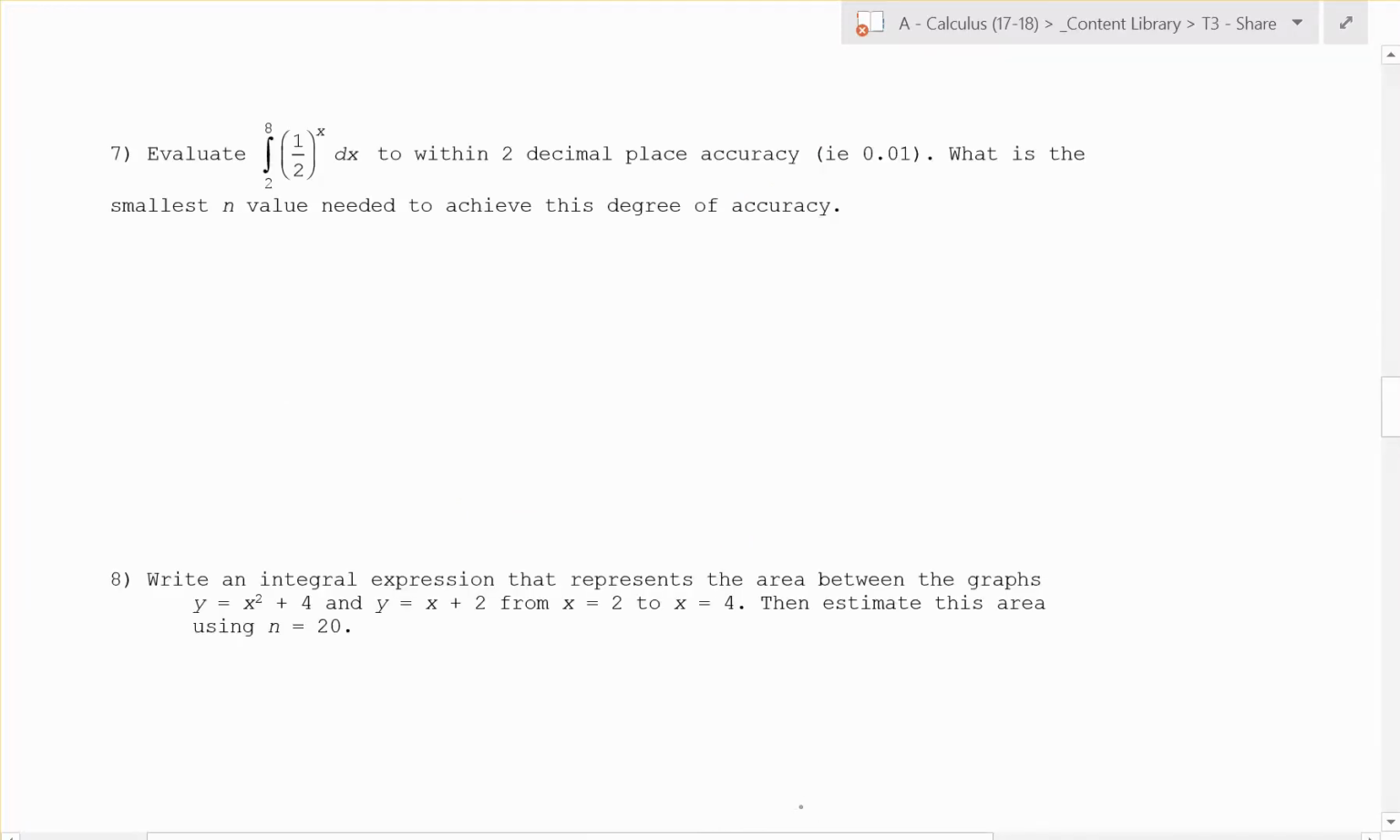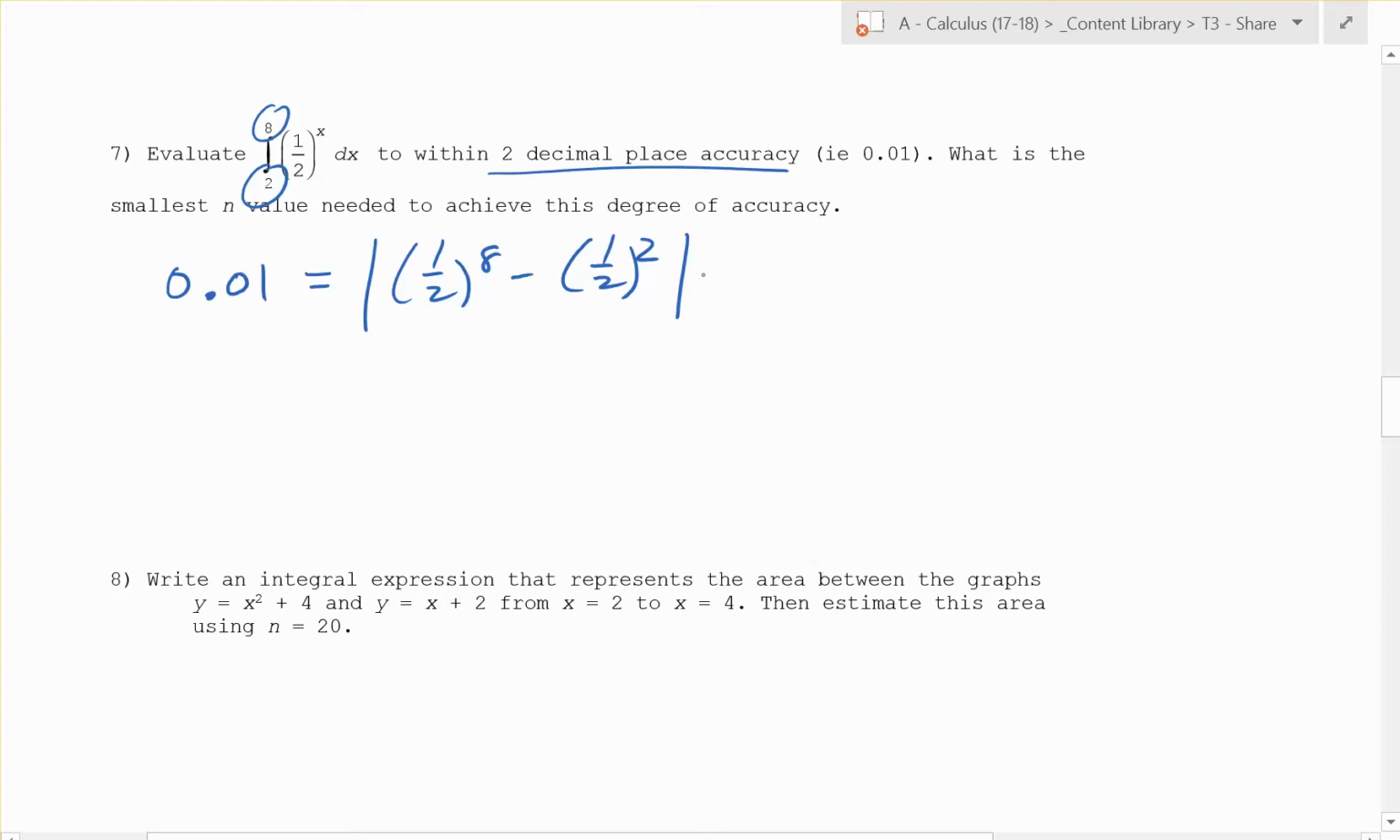So let's do another one just like the one we did before. We have the integral from 2 to 8 of (1/2) to the x, and we want it within 2 decimal places. So that's 0.01 in this case. And we know that that has to be equal to f of b minus f of a. So that's going to be (1/2) to the 8th minus (1/2) to the